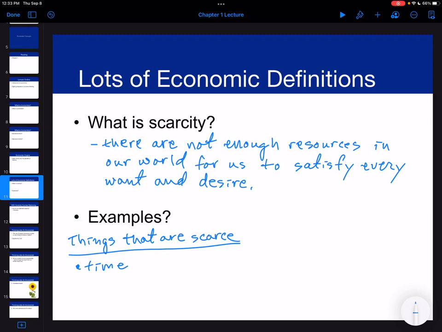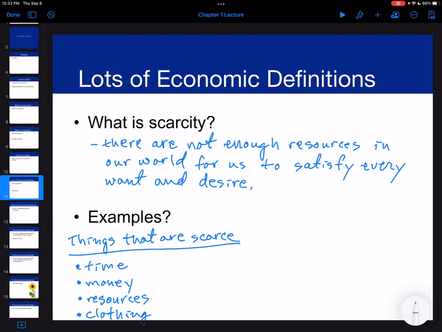You can't have everything you would ever want at the same time, so we have to make choices over things, right? It's the nature of the world we live in. Some people say we live in a fallen world. We have to deal with scarcity. We can't have everything we want, and we can't have everything our way, okay? So time is scarce, money is scarce, resources, clothing, right? Everything you have to make a choice over is scarce.